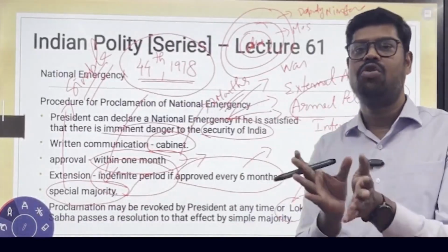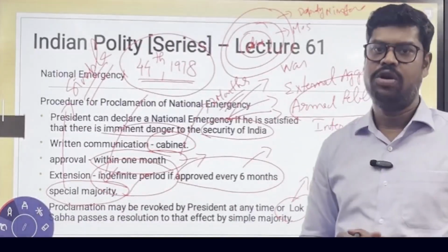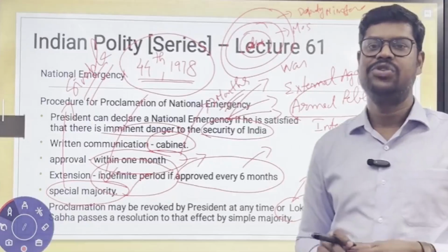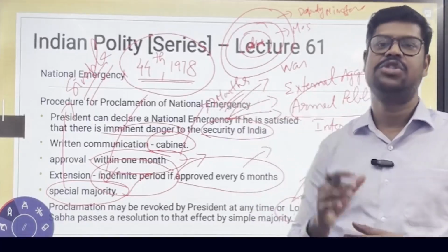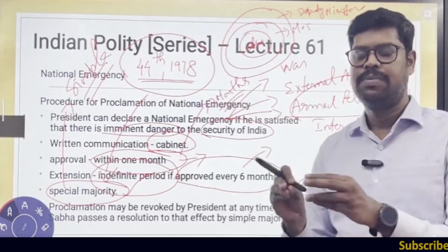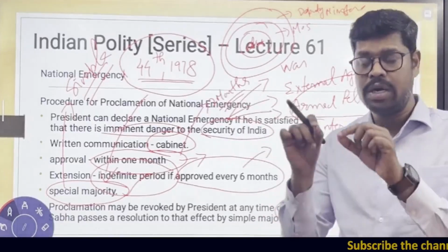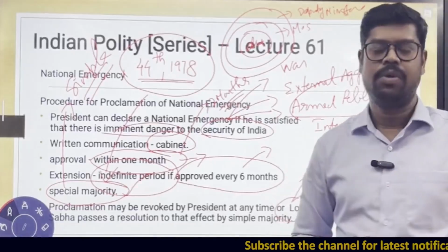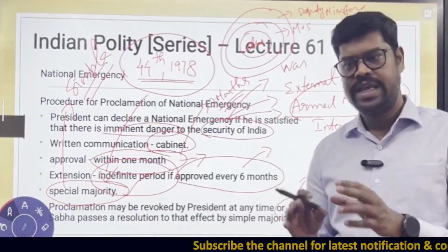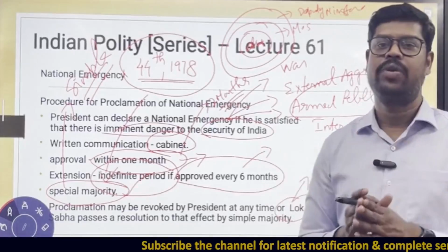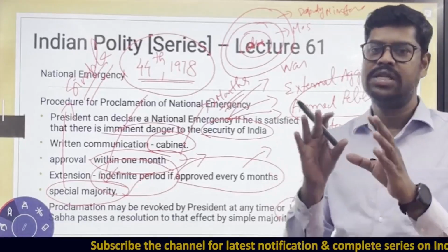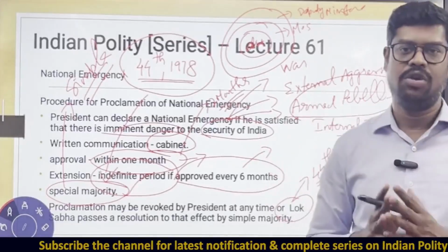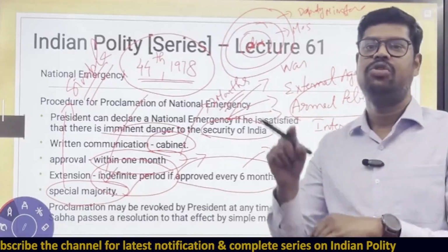The members of the Lok Sabha can pass a resolution. And what is that resolution? That resolution is saying that the emergency should be brought to an end. That means a proposal has to be introduced in the Lok Sabha, only in the Lok Sabha. The Rajya Sabha has no role in that. Only in the Lok Sabha, a proposal has to be introduced saying that the emergency should be brought to an end. And if this proposal is passed by a simple majority in the Lok Sabha, then this resolution is binding